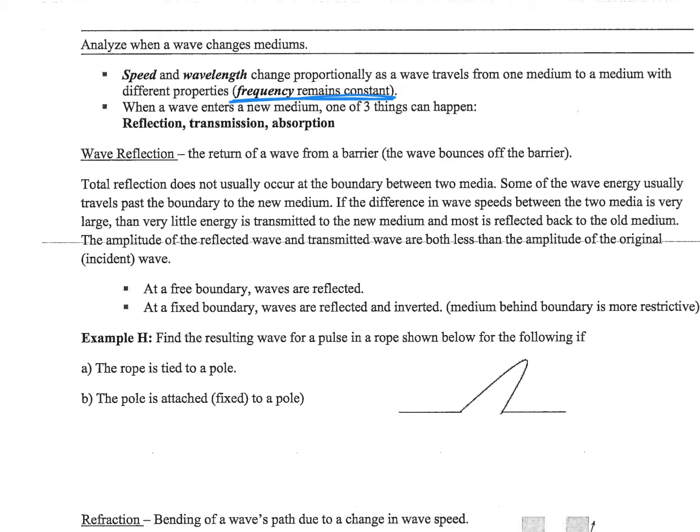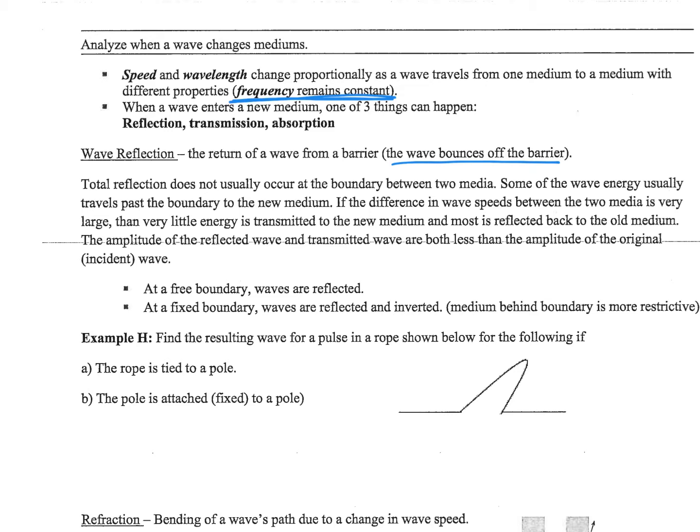Wave reflection, a return of the wave from the barrier. Wave bounces off. We know that can happen. Now, here's the thing. Total reflection doesn't usually happen, okay? Some of it usually comes back. Some of it usually goes forward. Not even necessarily splitting in half. Sometimes it can split in half, but sometimes it depends on how hard the new substance is, how easily or how